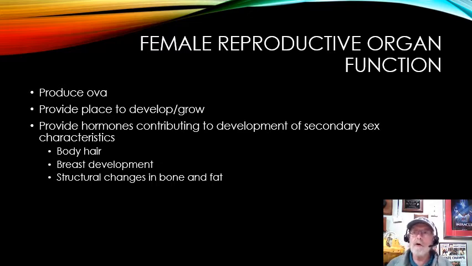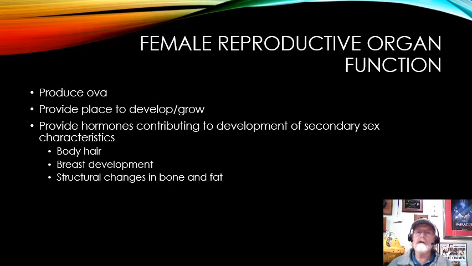It really contains the ovum as well as a place for the selected ovum each month to mature, develop and grow. We also know that the ovary is responsible for the formation of a number of different hormones, such as estrogen, which is a largely female hormone, and progesterone, which is also in females. Interesting about estrogen is that estrogen and testosterone are really close chemically, and estrogen can be converted to testosterone. Testosterone can be converted to estrogen, back and forth. We'll talk a little bit more about that later on, but that's important.